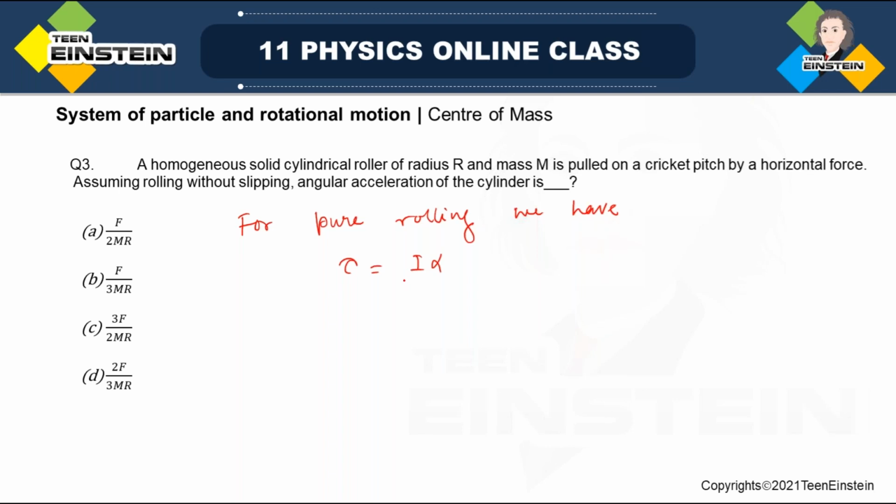Okay, so what will be the alpha? Alpha will be tau, that is the torque, divided by moment of inertia. So torque will be how much? So torque will be, in this case actually,